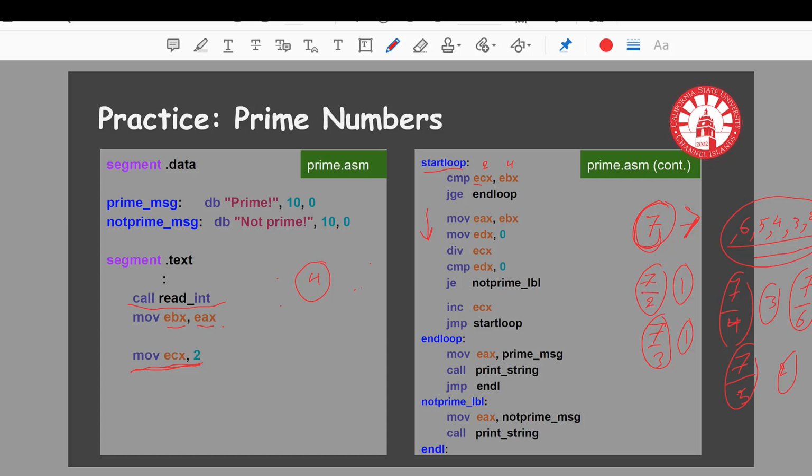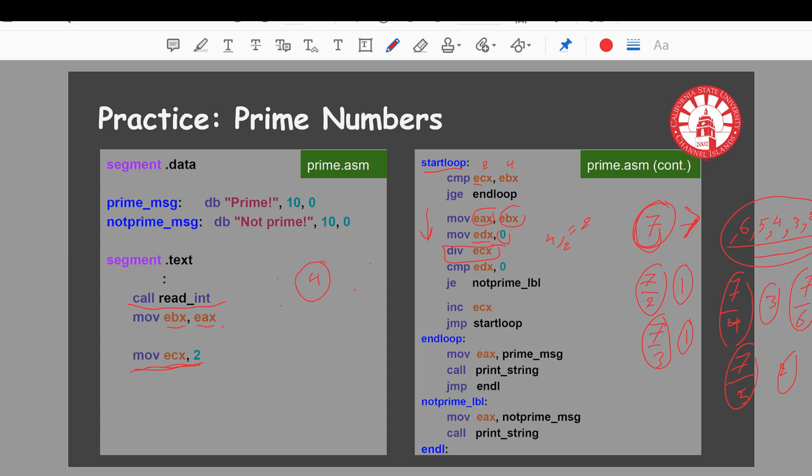Okay, we move in here and then we move EBX into the EAX register. Why? Because the division only works on the EAX and EDX registers. We initialize the higher value, EDX, with 0, and then we call the division operation. When we call the division operation, we basically divide 4 by 2, and then the value is going to